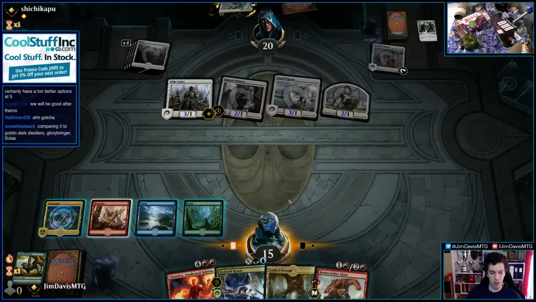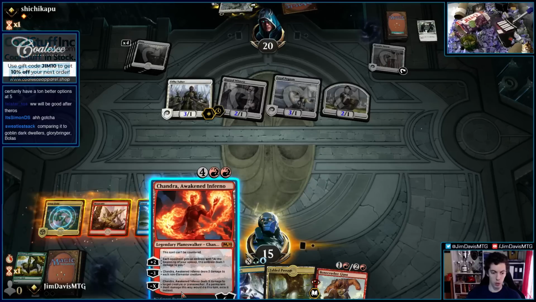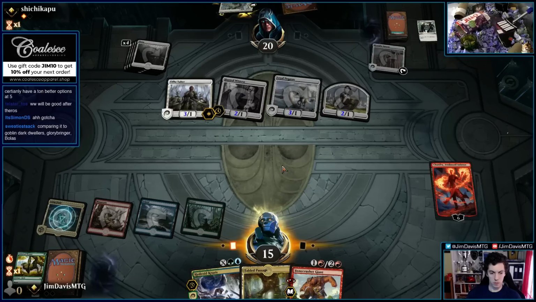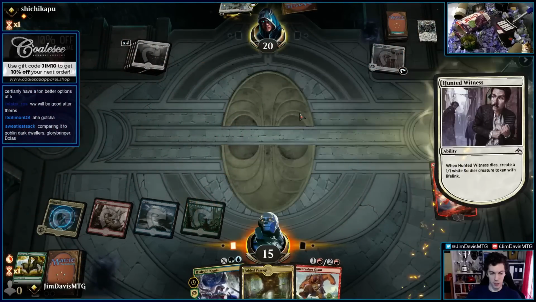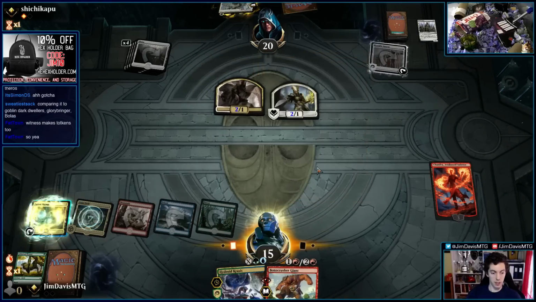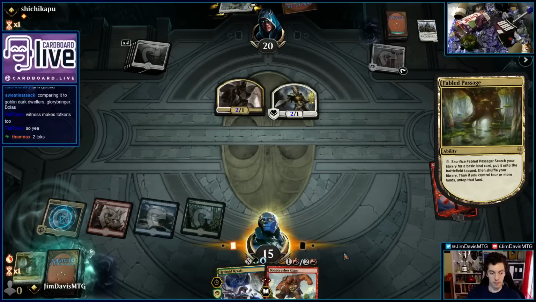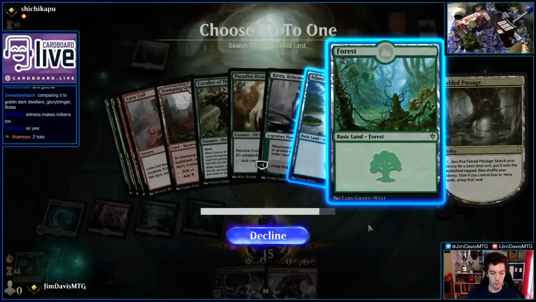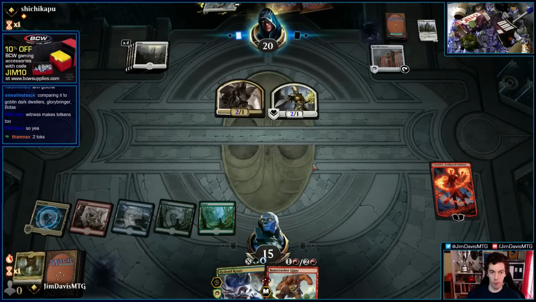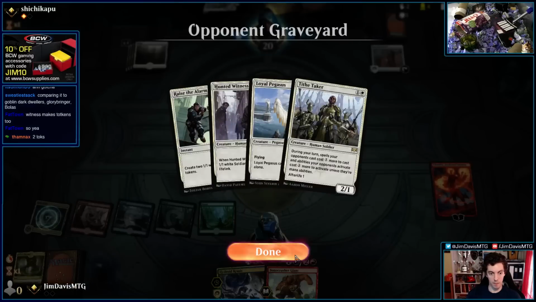Tithe-Taker, sure. Tithe-Taker cannot kill Chandra. It'll be one short, the token, I mean. I think Chandra's very good in this deck. Oh, it was a Haunted Witness, too. Oh, I missed Haunted Witness. Yeah, I didn't even notice that. We're still fine. I'm not really worried. We're at 15. We get to play a big Krasis next turn. I'm not worried at all. I might have changed my play if I realized the Haunted Witness was there, but...